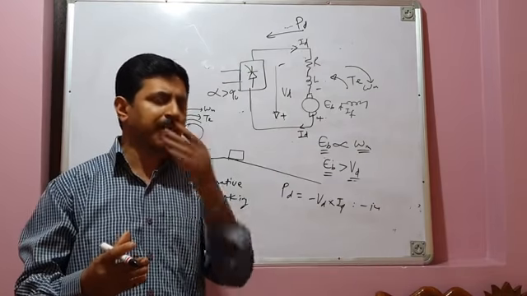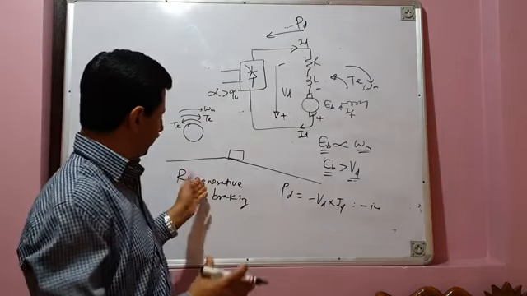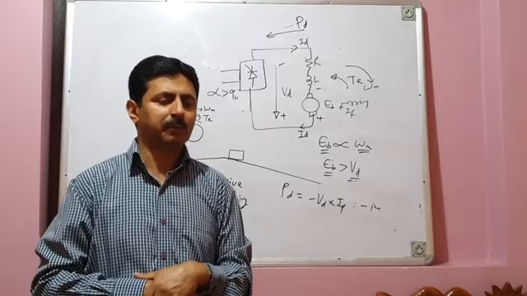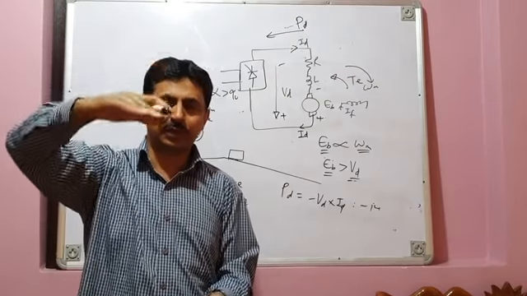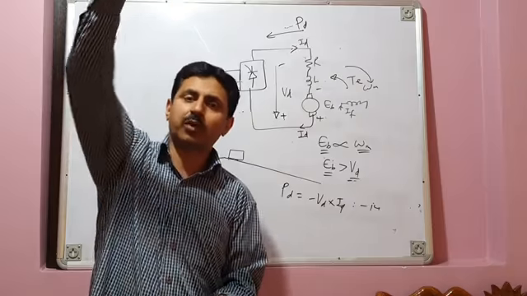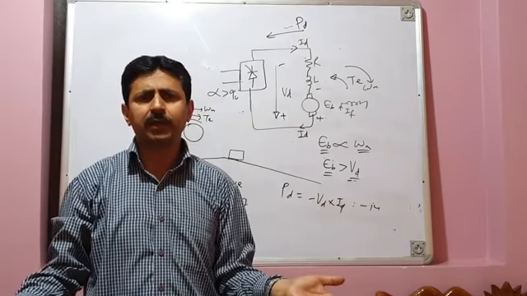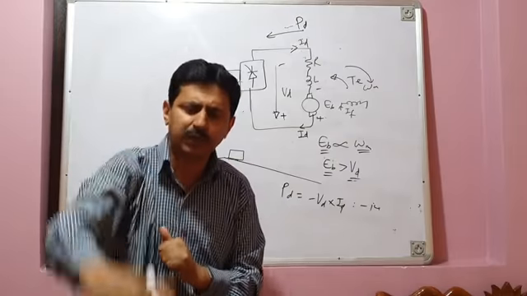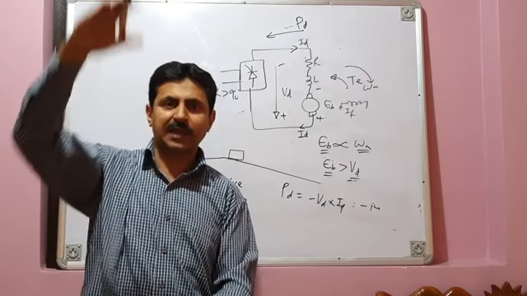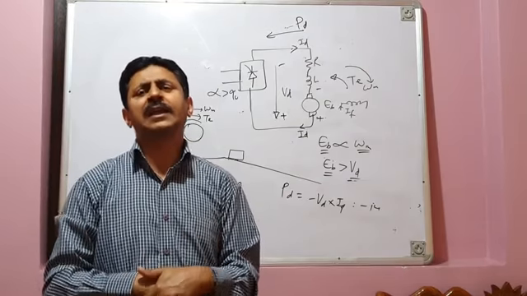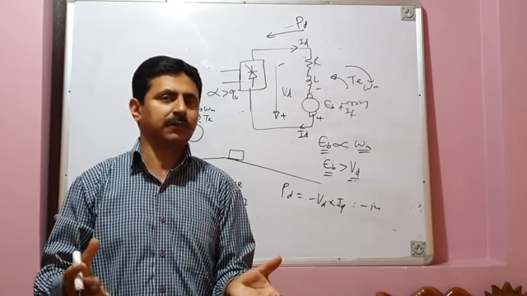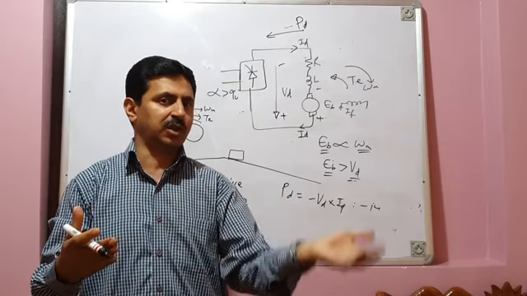If this regenerative braking was not there, what would have been the other method of slowing down the hoist when it comes down from some height? Use a mechanical brake. You could have applied a mechanical brake so that the hoist comes down at low, safe speed. But with mechanical braking, you are wasting the energy as friction.